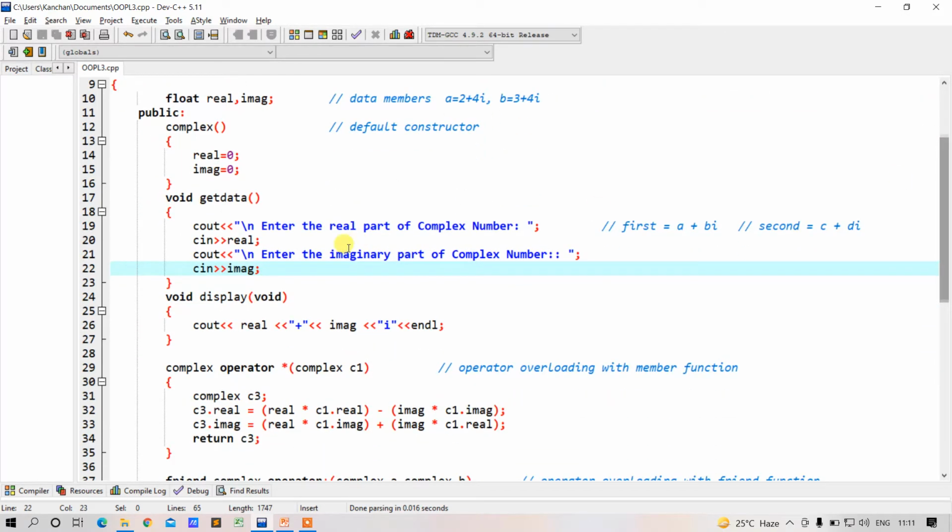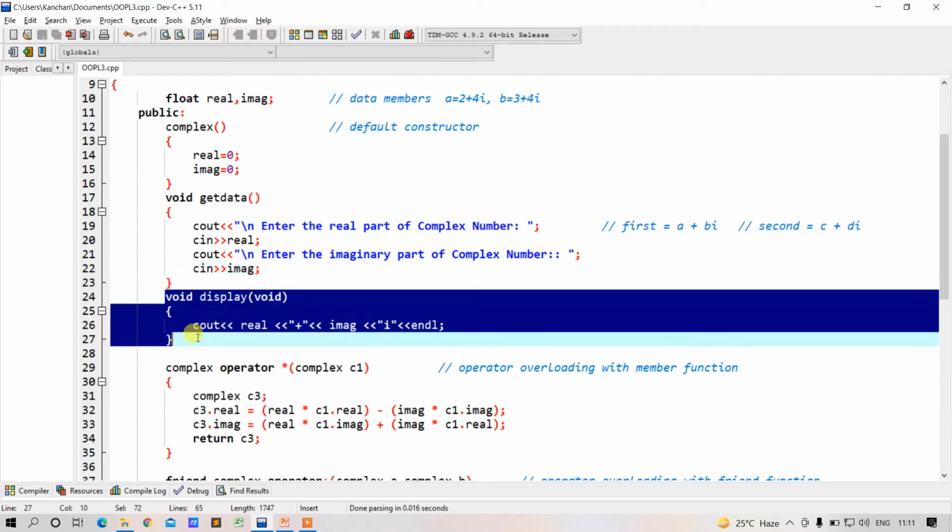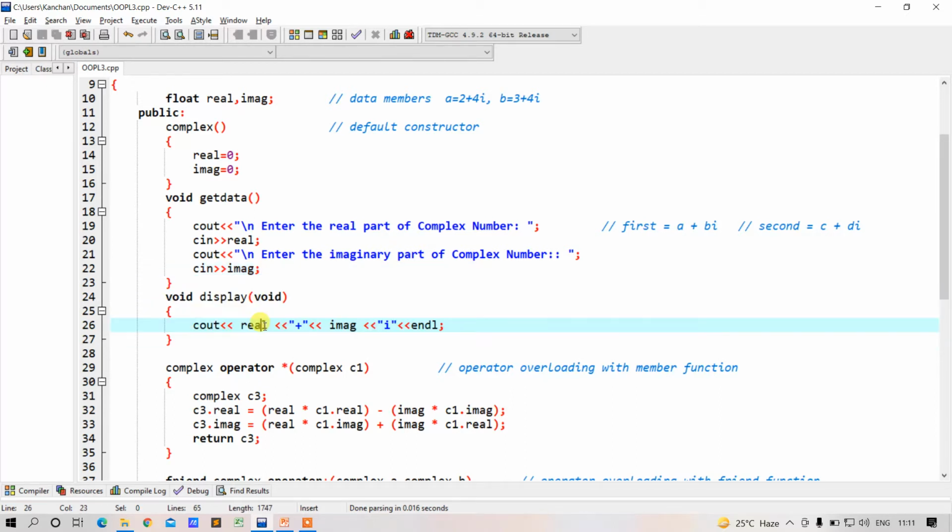Next, I have one more member function, the display function, which will help us display the complete complex number in the form of real and imaginary part. So both the complex numbers will be displayed using this display function.